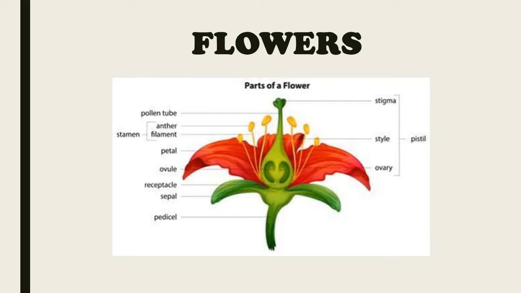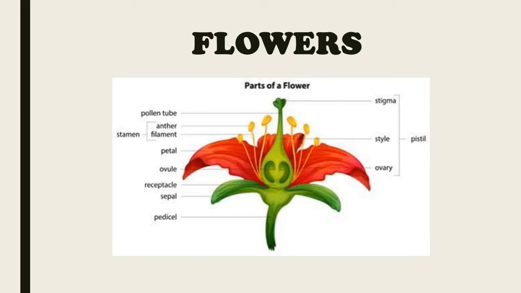Understood? Next, the reproductive parts of the flower. What is reproduction? Already we have studied reproduction. Reproduction is the process of producing new plants. The reproductive part of a flower contains the plant's reproductive structure. In different plants, the number of petals, sepals, stamens and pistils can vary. The presence of these parts differentiates the flower into complete or incomplete.